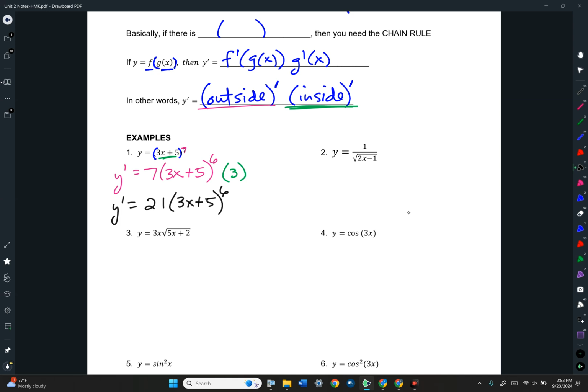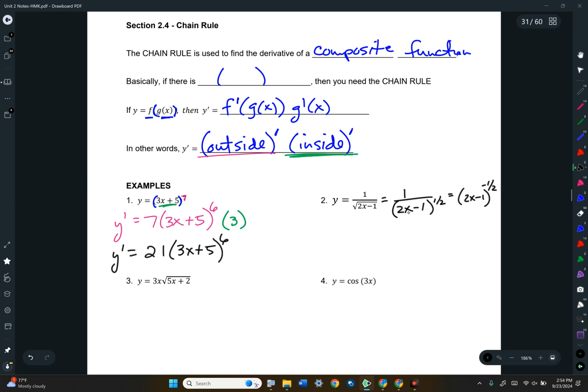All right, so when I first look at number 2, you're thinking, well, I don't see a parenthesis. Well, you kind of do. Don't you really have a denominator of 2x minus 1 in a parenthesis that's being raised to the 1/2? So there's the parenthesis we're talking about. At this point, I would still have to do a quotient rule, but what I could do is move the entire parenthesis to the top and look at it as 2x minus 1 to the negative 1/2. Do you see now it is a parenthesis with an exponent,